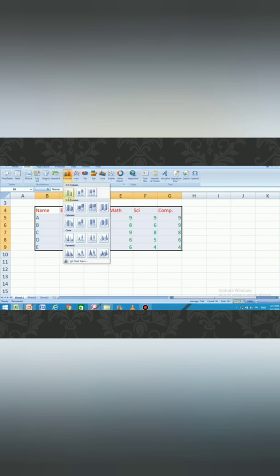A few of them I explained to you earlier. Many charts are also here, so select any chart. Okay. And after that you will see there are subtypes also, like in a column chart, 3D columns are also there, cylindrical, cone, and pyramid types are also there. So different types of subtypes are there. Likewise, I have selected the column chart. Now in some seconds the chart is in front of you. See here, the chart is in front of you.